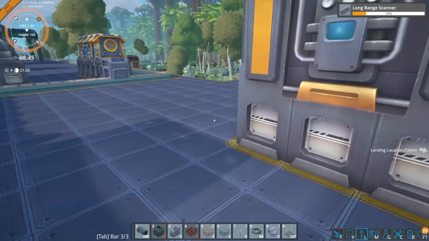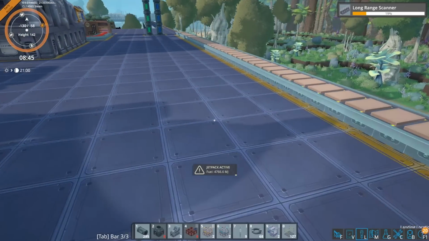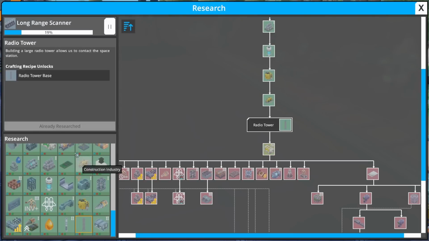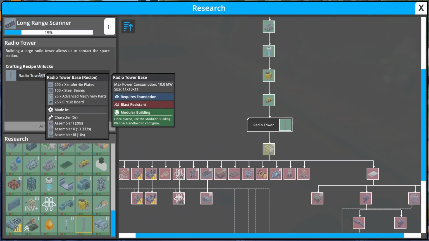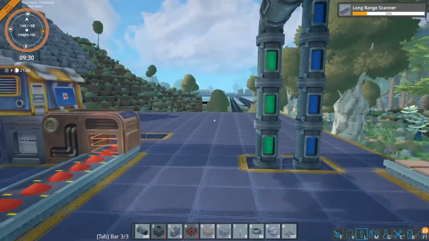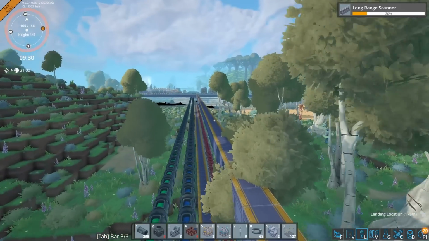Alright, so while that's running, as you can see, I'm busy researching the long-range scanner, but I have researched a radio tower. Radio tower is pretty expensive to build, but having those parts won't be an issue. But it is a modular building, as you can see in the green section. It's also blast resistant. That's quite nice. So it's pretty big, 10 by 11 by 11. So I'll have to build a platform for that, I think. I'm pretty sure it can probably go on the ground, but a platform...